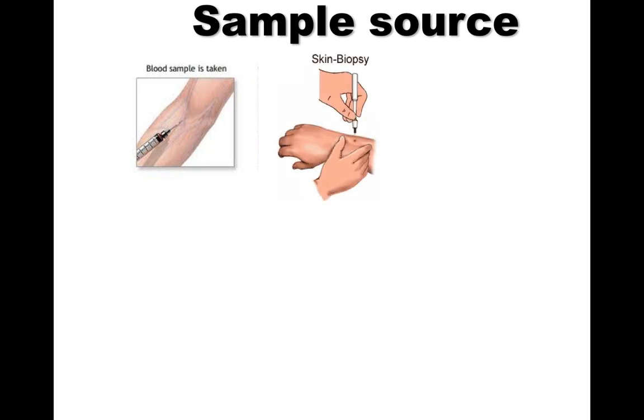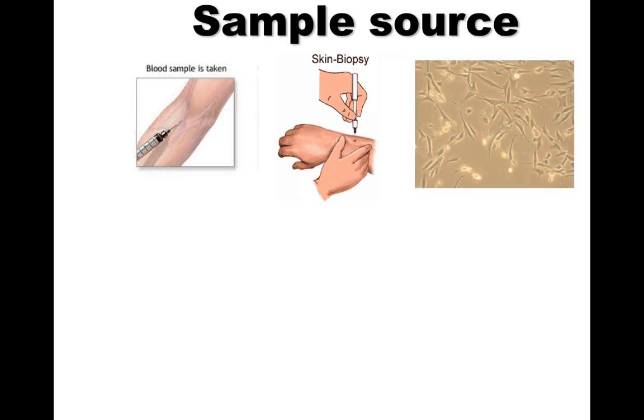To do a test, you need a sample. So, what is the source of samples that you can use to prepare a karyotype? The most commonly used is a blood sample taken from a vein, or a skin biopsy can also be used, where it is cultured, grown in the lab in vitro, and the dividing fibroblasts will be used for the chromosomal analysis and the karyotype